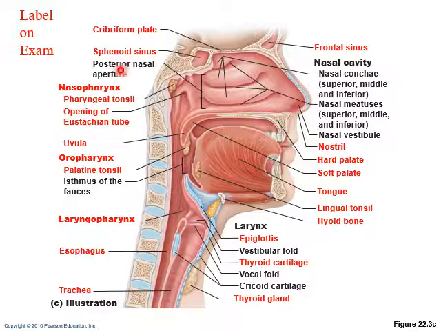You've got the nasopharynx, which has a couple of different parts here. The nasopharynx has the pharyngeal tonsils. That's tucked up in there in the corner. We talked about tonsils in the last chapter. You've got the opening of the eustachian tube. So this little hood here has a tube that goes up inside to your ear, and that's where the fluid